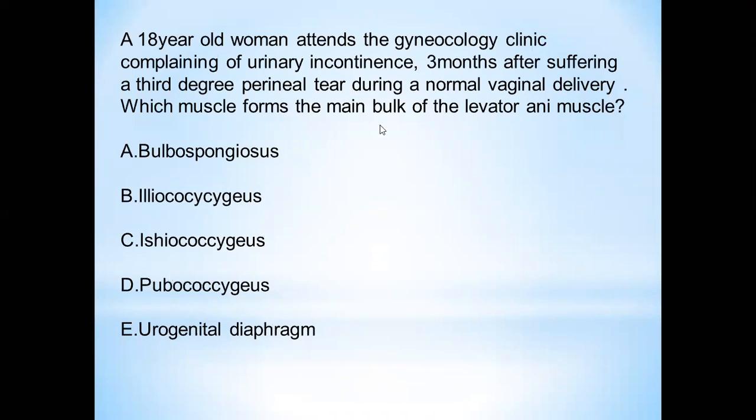Deebalina, I didn't tell you the main bulk of the levator ani in my presentation today because I wanted to discuss this point here. The main bulk of the levator ani muscle is formed by the pubococcygeus muscle. Of the three parts of levator ani, anterior, mid, and posterior, the main one is the pubococcygeus muscle, which forms the bulk of the levator ani. And because of this muscle, the woman sometimes complains of having urinary incontinence.